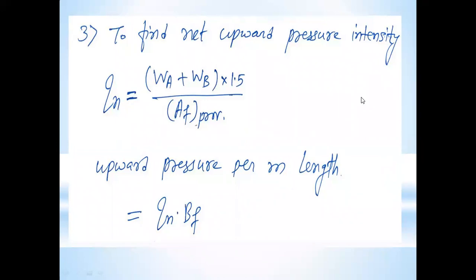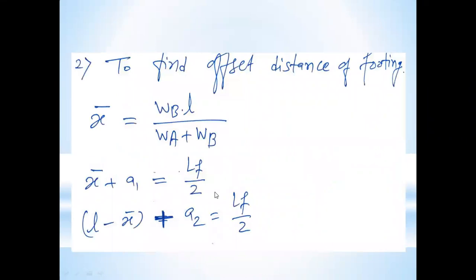Okay, in the last step we have seen step number 1, which is to calculate the size of the footing. That part we have completed by considering the loads that come on column number 1 and column number 2. Based on this, (WA + WB) plus 10% of its self weight, that is the total load, divided by its SBC, that is the safe bearing capacity. From that we have calculated the cross section area of the footing, and after fixing the cross section area, we have calculated the length and the width of the footing.